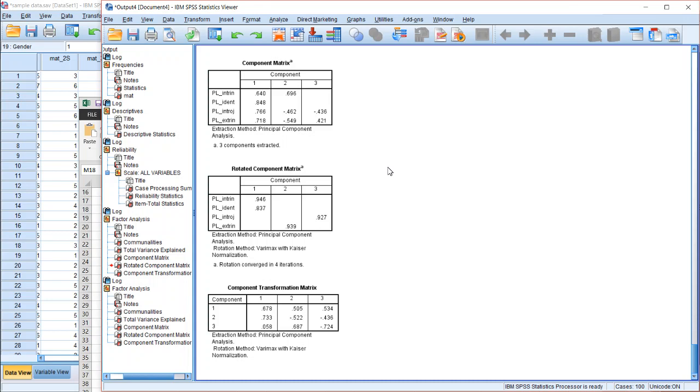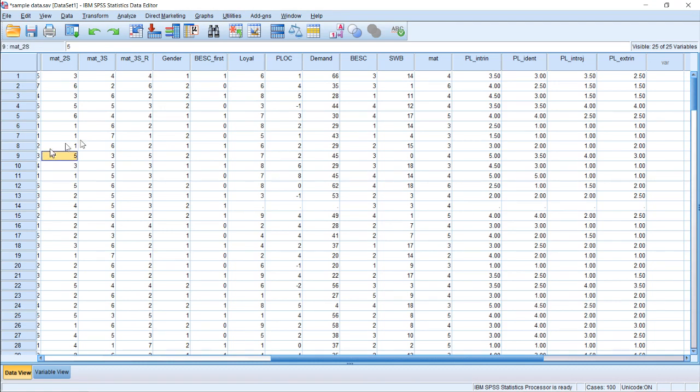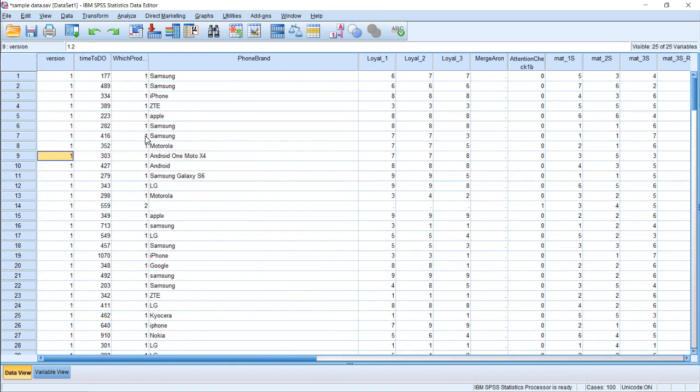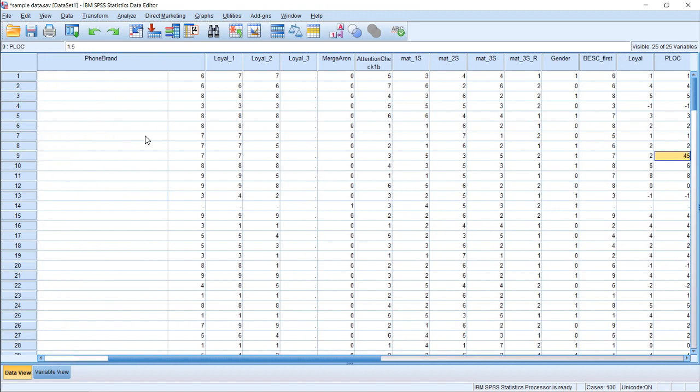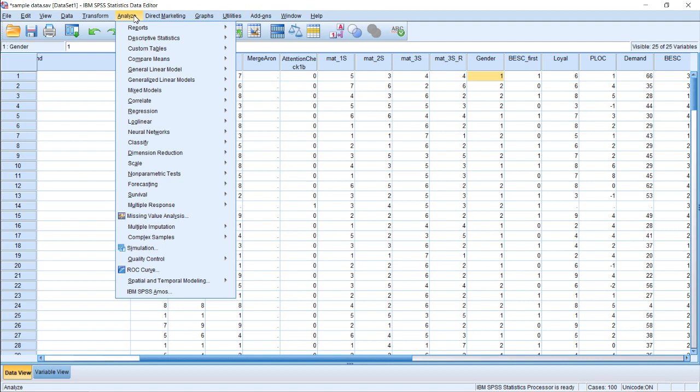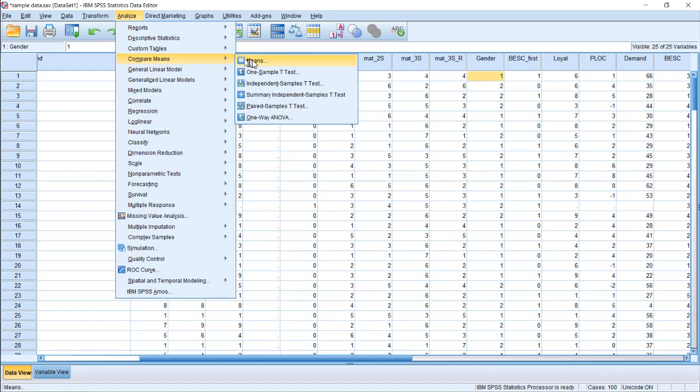So when you want to say, is one group of numbers different than another, that's where you want to run a t-test. If I look through my variables, I have gender. Gender is something where I have 1 and 2, and if I labeled it correctly, 1 would show up as male and 2 as female, or vice versa. I'd have to check which way I put it. But I can go to Analyze, Compare Means, and Independent Samples T-Test. So one sample t-test is